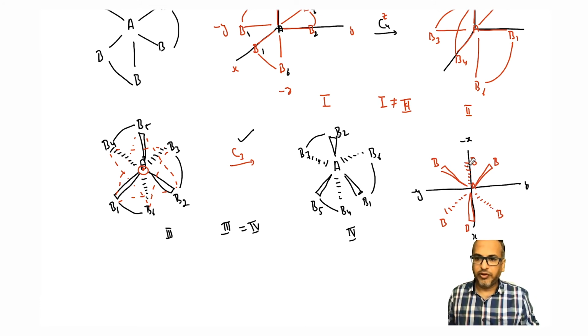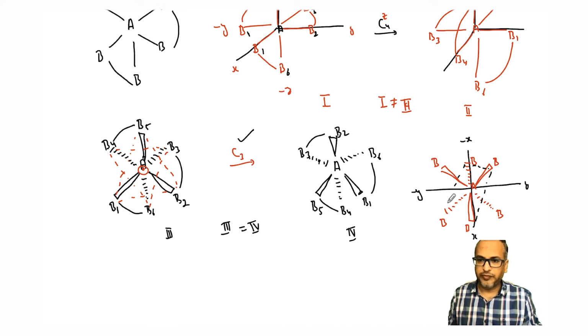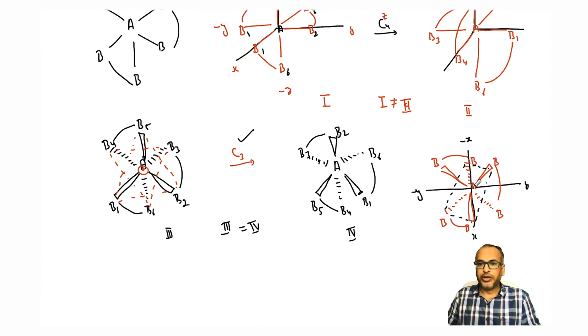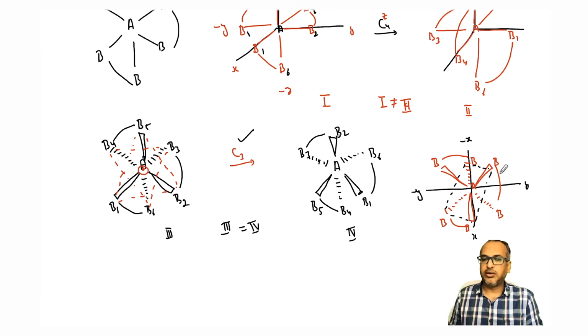So if you want to draw the same triangle or rectangle which was drawn here, these are the four atoms forming the rectangle, and these are the two opposite atoms. And where are the bonds which are connecting? These are the bonds which are connecting the B atoms, right? So if you orient the molecule like this, you should be able to find out the other symmetry operations. So for example, now the C3 axis is along the Z axis, which is clear. So that makes my principal axis.